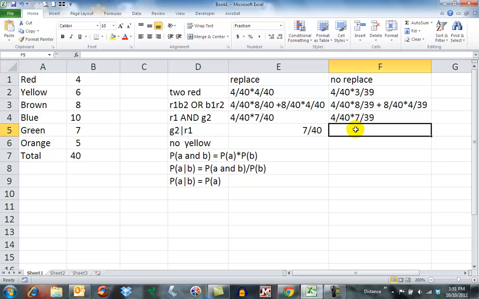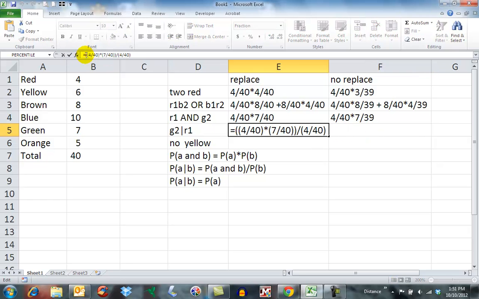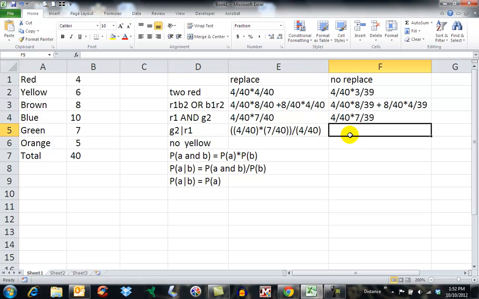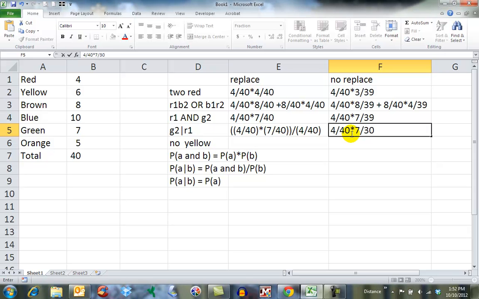Well, the same thing is going to occur if we have no replacement. The only thing that's going to change is this value here. This is going to become 7 over 39. Everything else will stay the same. And so our answer is going to come out to be 7 over 39. But what we're doing is the probability of 4 over 40 times the probability of 7 over 39,